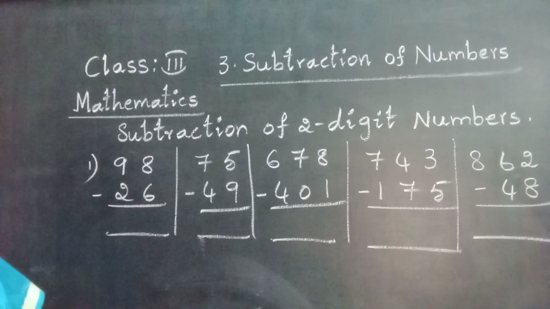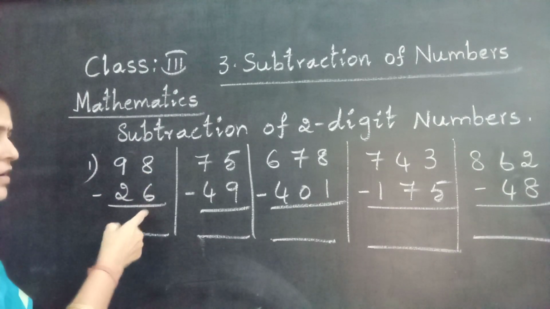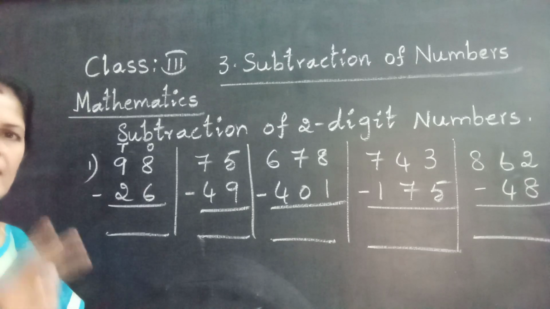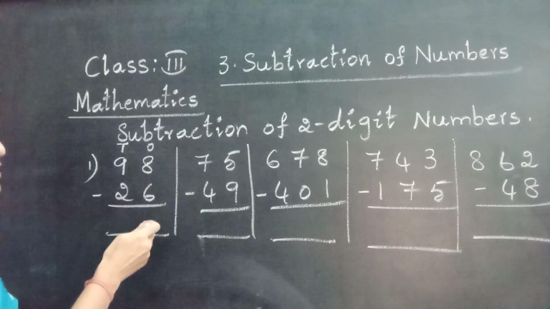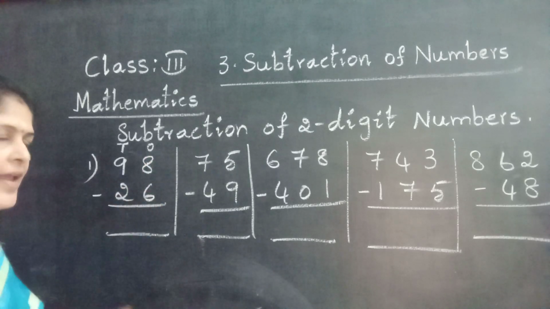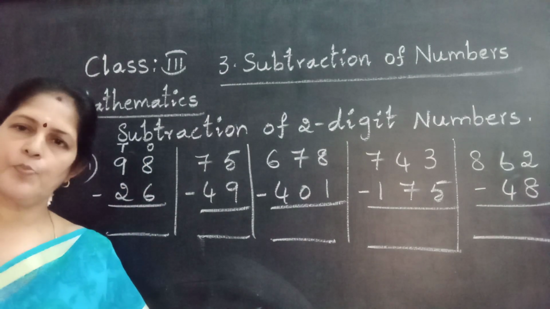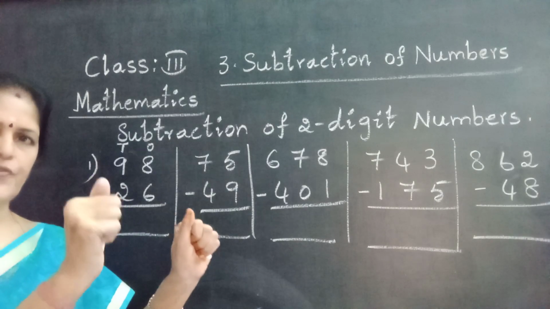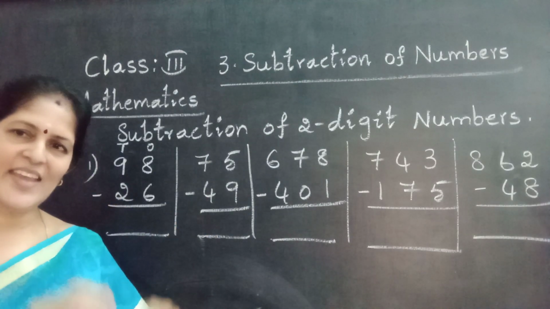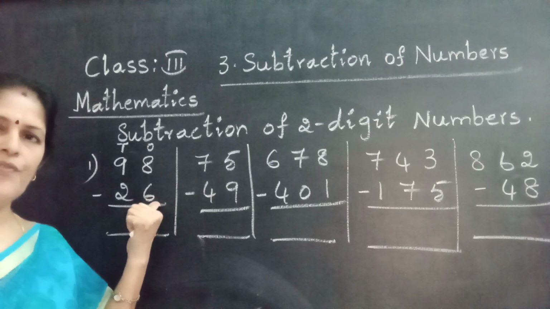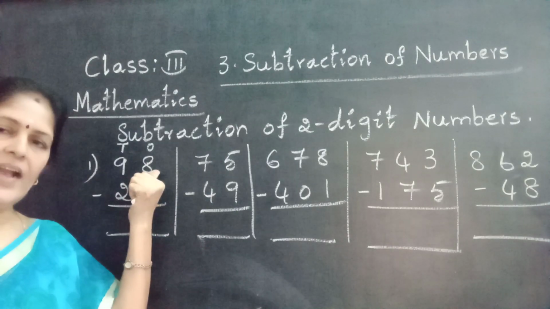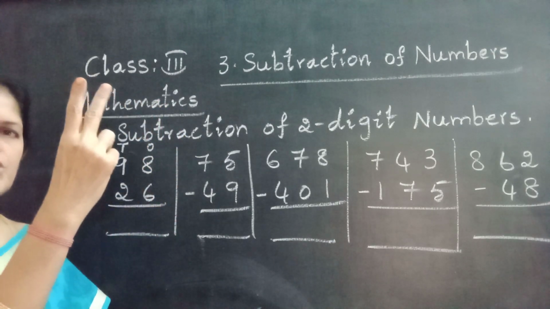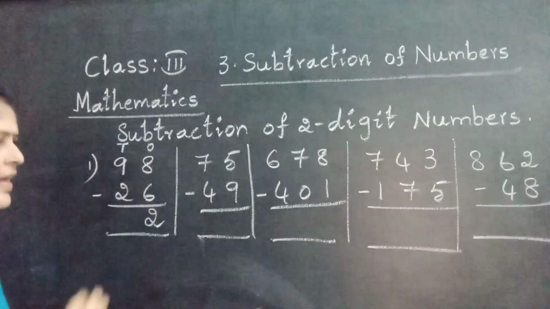All of you observe. 98 minus 26. Subtraction also starts from the ones place. 2-digit means that number has 2 places. Start from ones place. It is possible. Why? Subtraction means big number minus small number. 8 is greater than 6. It is possible. Close fingers. Start counting from 6 till we get 8: 6, after it 7, 8. How many fingers? 2. 8 minus 6 is 2 in the ones place.